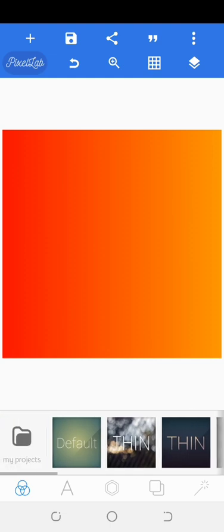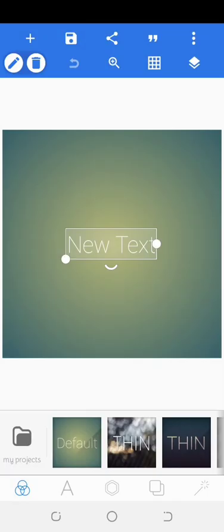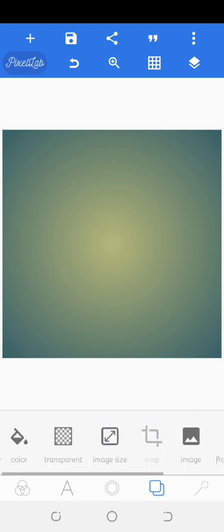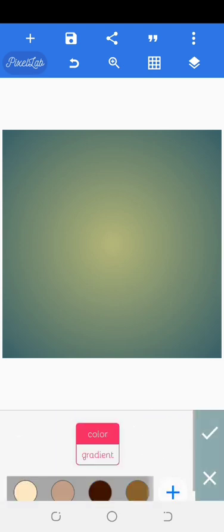So you go to PixelLab, then you start a new. Okay, so you delete the text. Now you tell yourself which background color you want to use. Let's say you want to use this color. Now what are you doing? Let's say you are doing